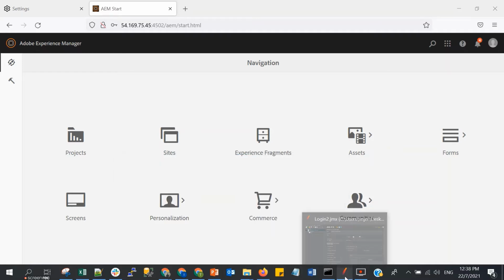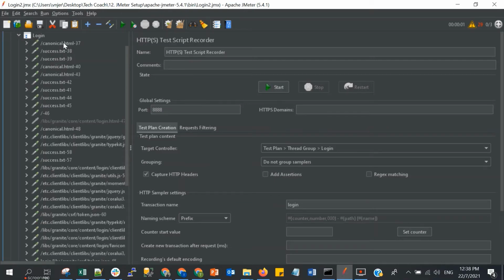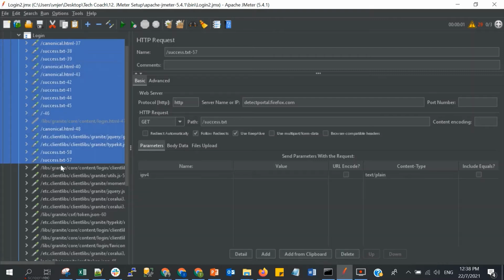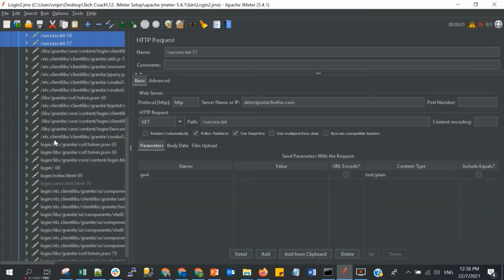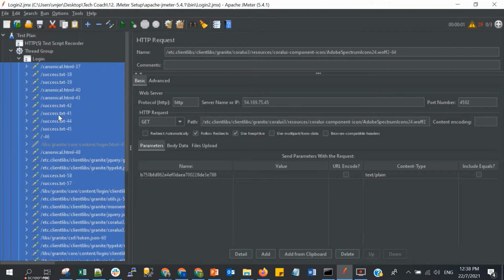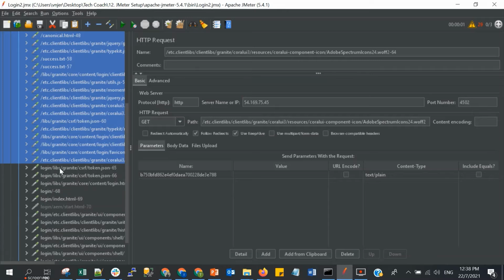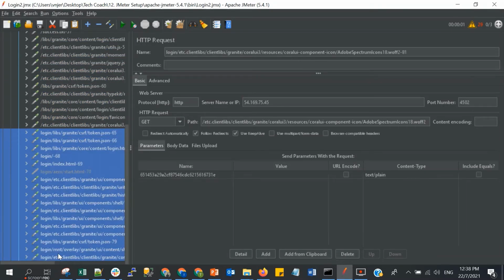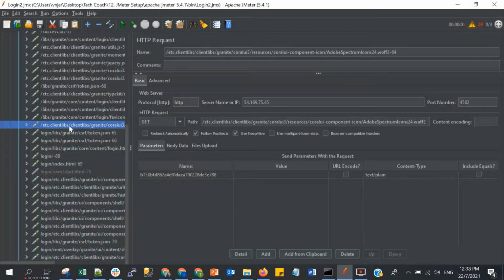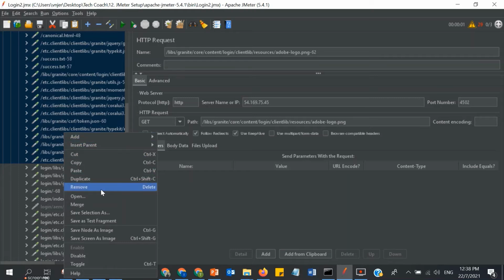When we do login, we are actually posting the username and password using the post method. So if you see this first set, the one without login in front, is actually the first call when we open the page. Another set, with the prefix login, is after we login, when we post the username and password, posting our credentials to the server. So we can remove this. Actually this is not necessary because this one is only opening the page.